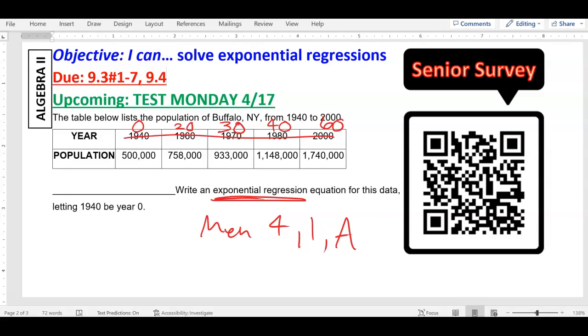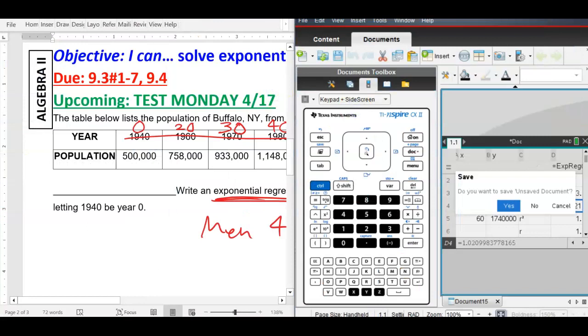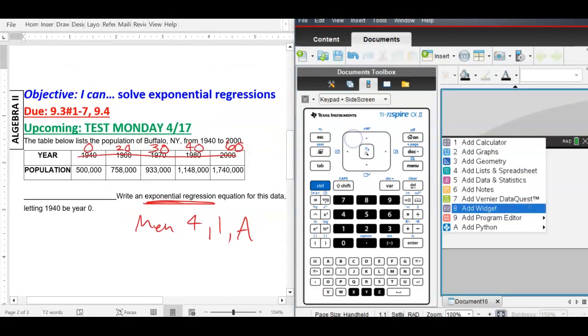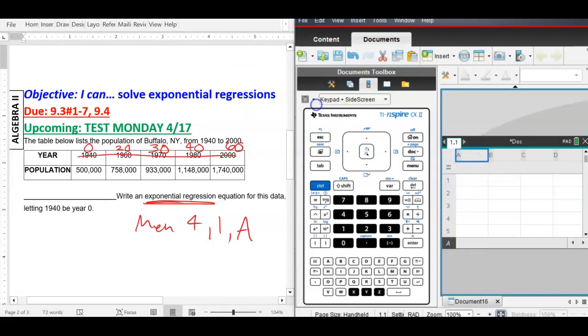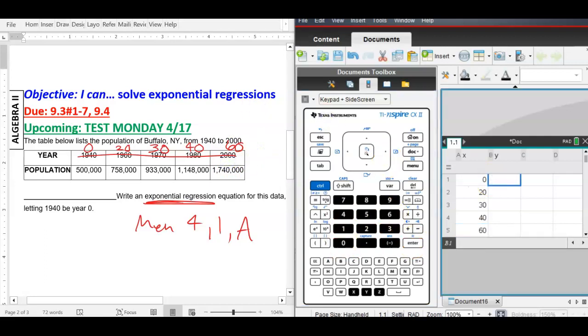Now we can go to our lists and spreadsheets. Can I get a yas? Thank you. So we go to a new document, number 4. What do I put at the top? X and Y. Thank you. And then skip a line, and in the white box, go ahead and start putting 0, 20, 30, 40, 60. And on the right, don't put commas, just put